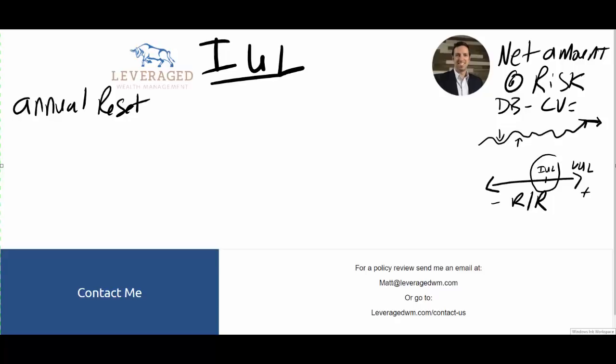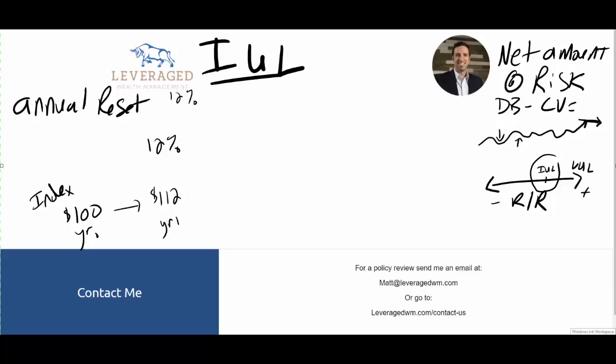Let me just draw it out on a really simple timeline. So let's say that your index starts at $100. Okay, so that's the index that you're tracking. It's at $100, and let's just say this is year 0. So at the end of year 1, let's say that the index has gone from $100 up to $112. Well, if you have that 12% cap like we talked about earlier, you're going to get a 12% rate of